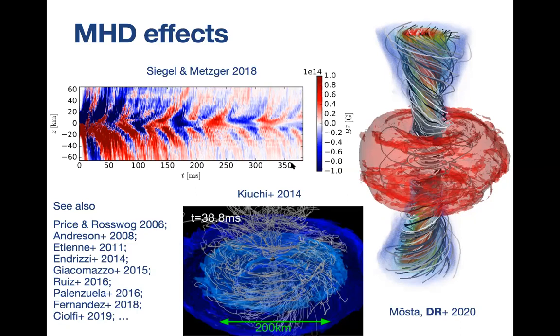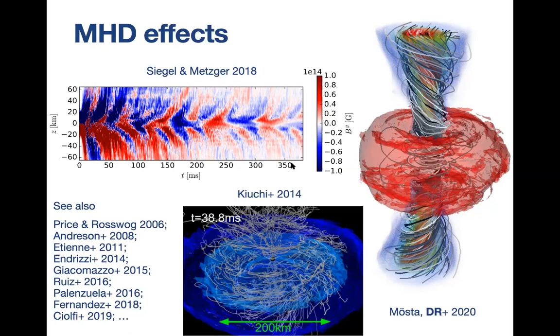We know that if the central object is a black hole, the Blandford-Znajek mechanism is very efficient in launching jets. The simulation by Ruiz and collaborators showed that it is possible to launch a jet in this configuration, so an accretion disk formed in a binary merger and a black hole. We have also shown, oh, this is my timer for reminding me that I'm about to run out of time. We have also shown with Mösta and collaborators that it is possible to also launch a jet from a hypermassive neutron star, at least assuming that the magnetic field has some large-scale dipolar component that, in this case, we introduced by hand.